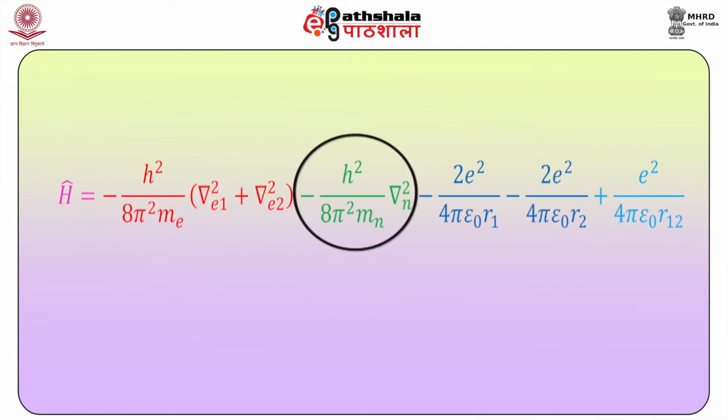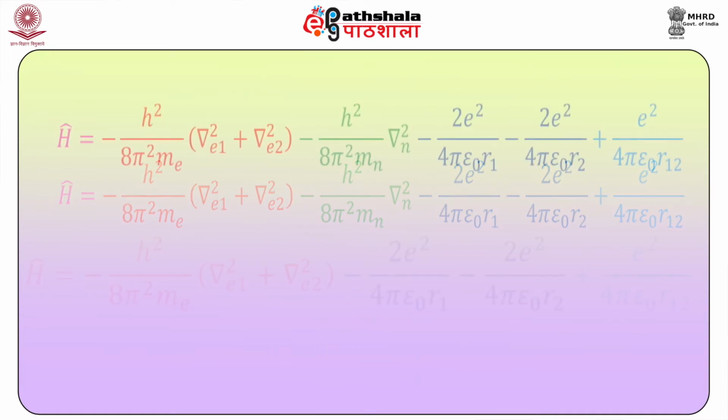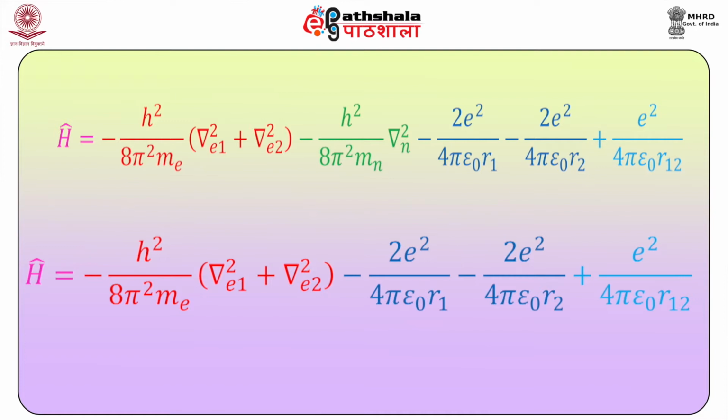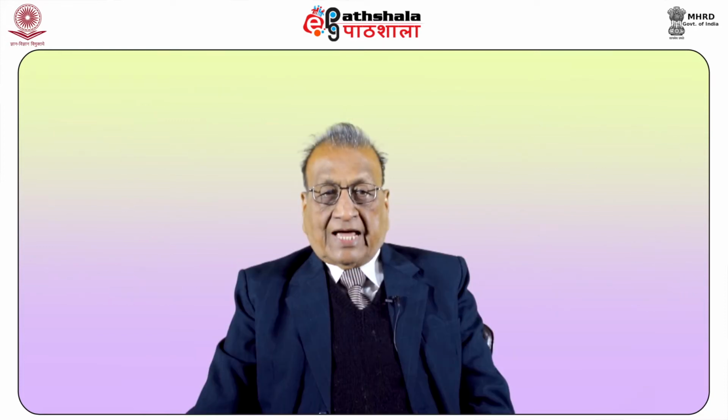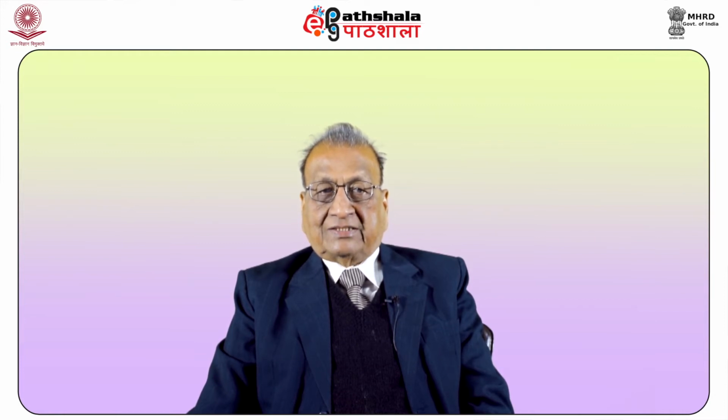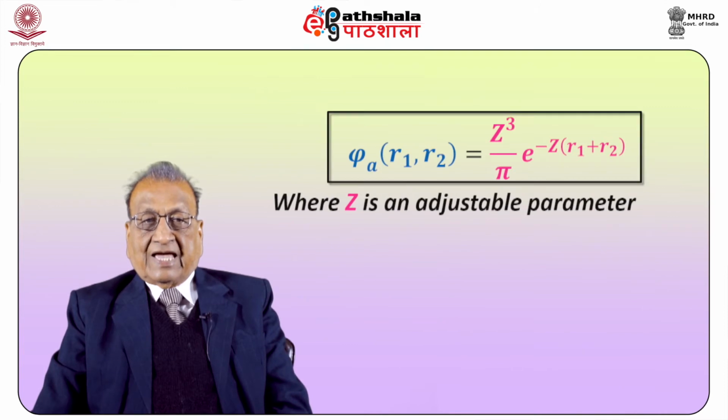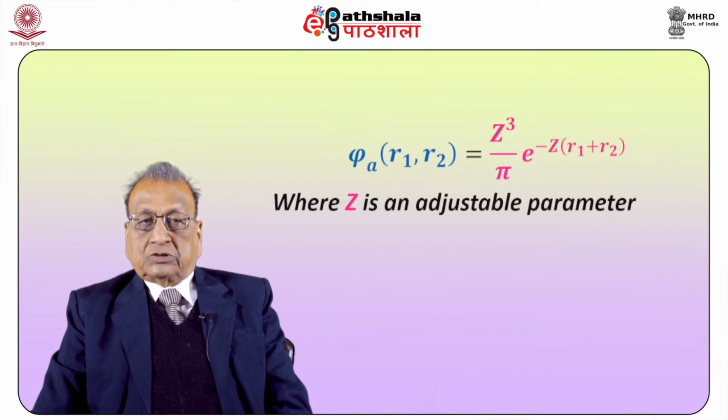If the nucleus is very heavy, we can neglect the kinetic energy of the nucleus, and we write the Schrodinger equation simply like this. Now, we have the exact Hamiltonian, but now the problem is, what is the wave function that we must choose? For this purpose, we take guidance from hydrogen atom, and we write the approximate wave function, the only thing is we choose the charge as an unknown adjustable parameter and go ahead with the solution of the Schrodinger equation with this approximate wave function.